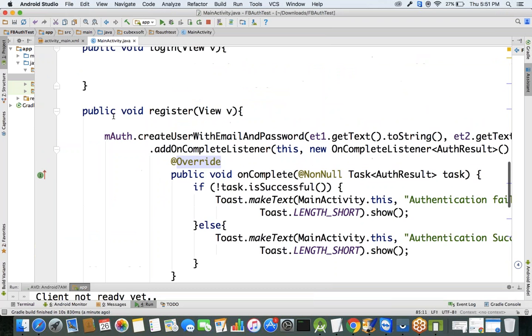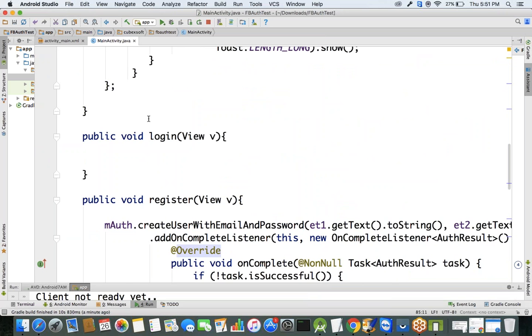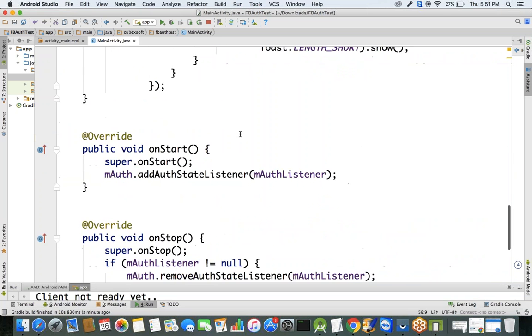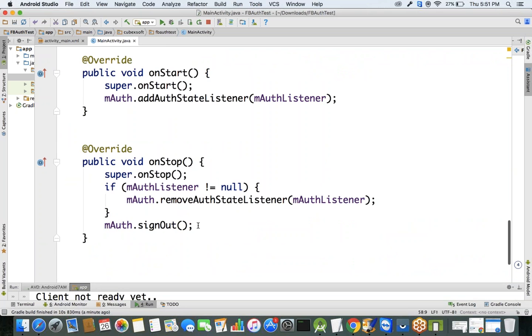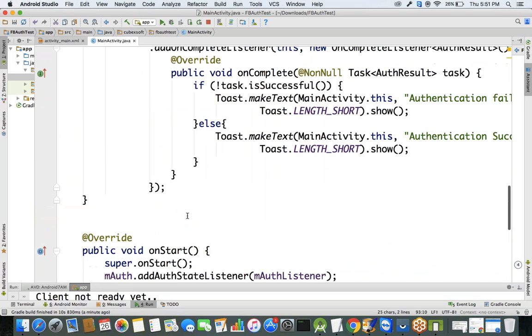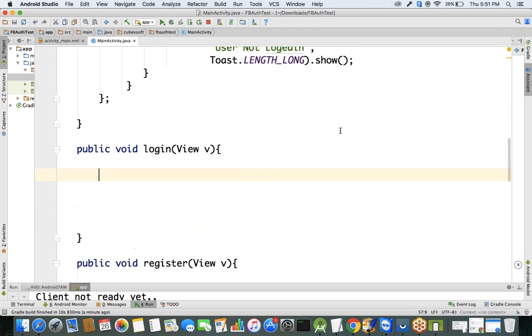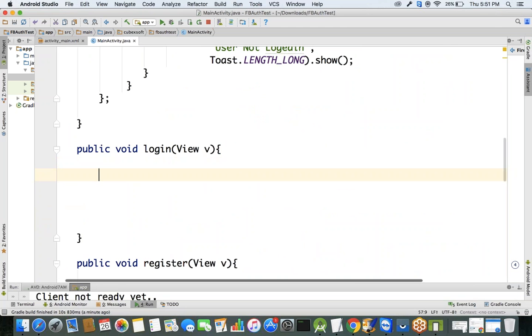Login process. We've seen only the registration logic, and automatically once you're registered, it's going to maintain the details in the cache and automatically load. But explicitly when you call the sign out method, it's going to remove the details from cache. And if you want to provide that login support, see here in the Firebase tool only,